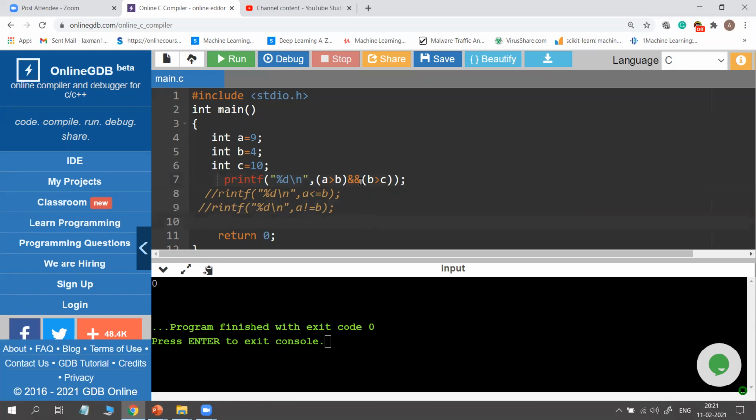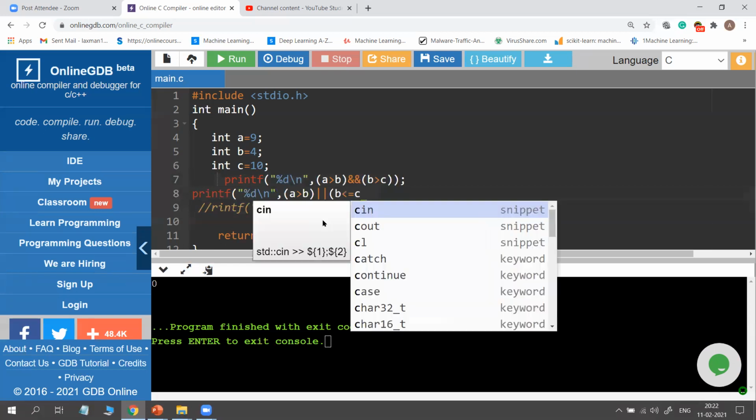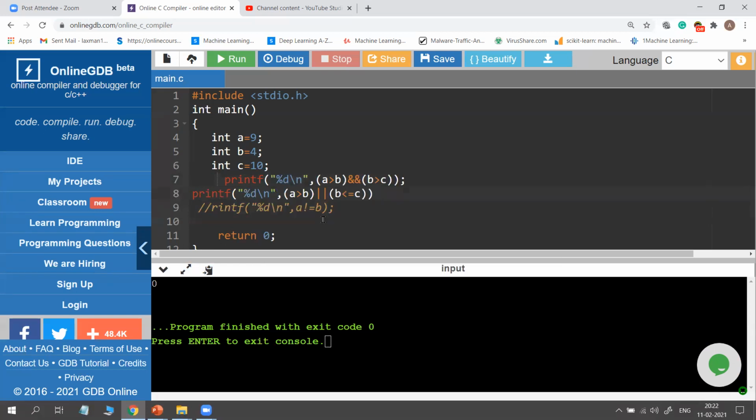Similarly, if you put the OR condition, I am writing another statement, for example. Instead of AND, I am using OR. You can use any operator, A greater than B, B less than or equal to C, for example.